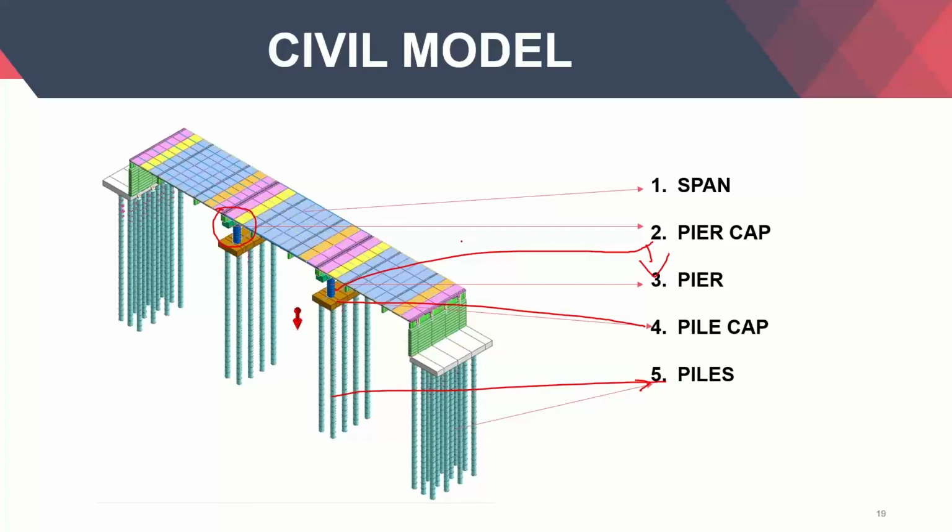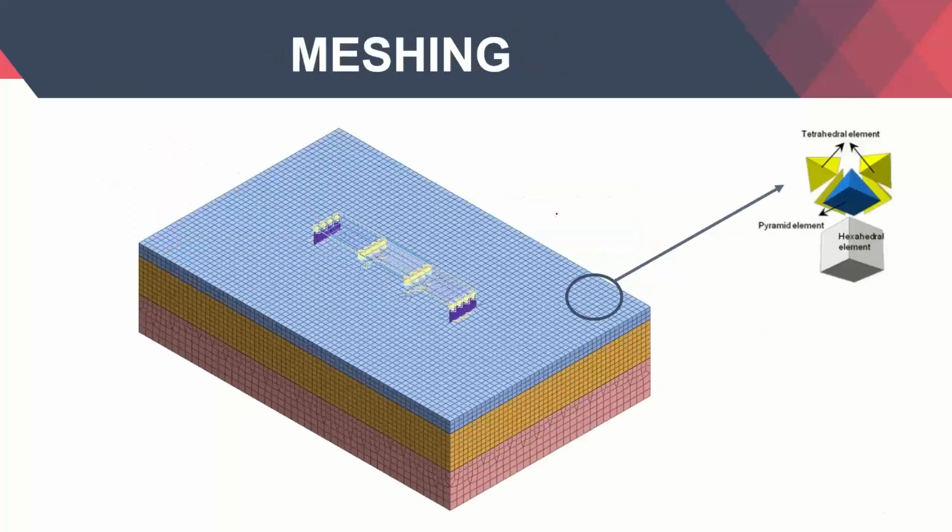And please do remember all the loadings will also be imported along with this model to FENX. Now coming to the meshing part. I mentioned something about the hybrid mesh from the very first. So this is how the hybrid mesh looks like. In the hybrid mesh, you have both the tetrahedral element and the hexahedral element joined by a common base, as you can see in this part.